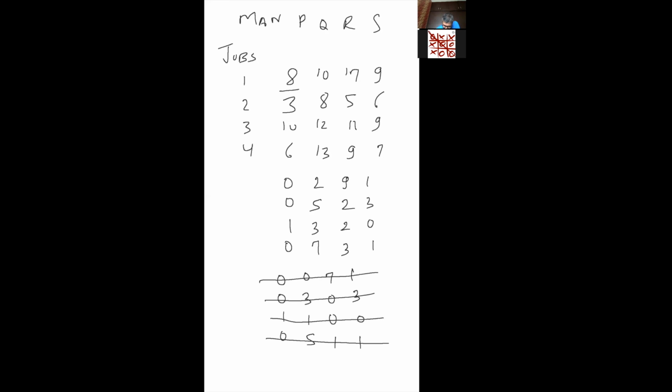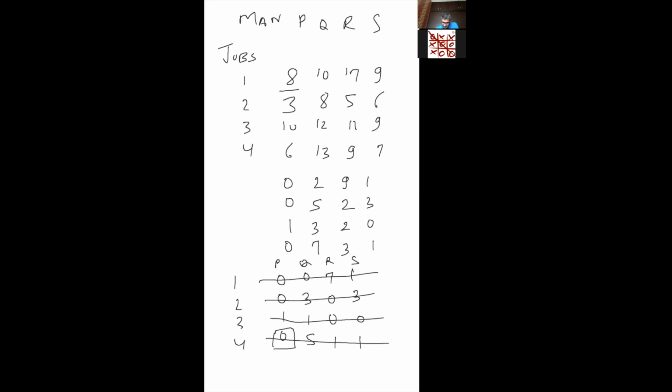We will again write here 1, 2, 3, 4, and let's write here P, Q, R, S. So we'll go row wise and see if there's a unique zero. If there's a unique zero, we'll just encircle it. In the first row, we don't have unique zeros. There are 2 zeros. So nothing will happen. In the second row, again, you have 2 zeros, so nothing will happen. In the third row, again, you have 2 zeros, so we can't allocate. In the fourth row, we have a unique 0, so we'll cover that.